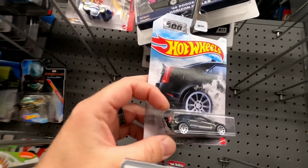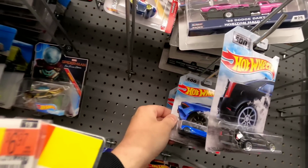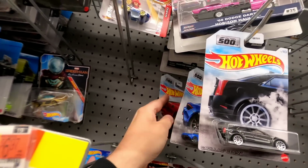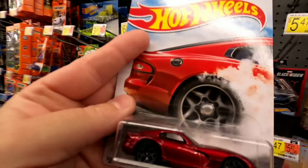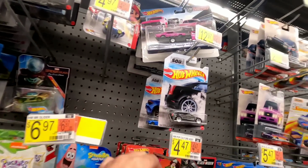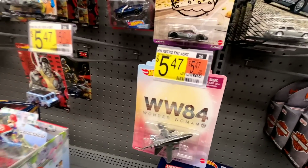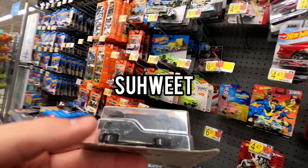Yeah, broken blister on the CTSV. And the thing is nice though. McLaren. And of course the Viper. I'm really surprised this thing can take, oh, I know why it's taken. Blister's cracked on this one too. But man, that paint though, woo, fire. I might take the Viper, but I'm definitely taking the Huracan. I'll set that back up for now. Let's see. Blister is good on this one. Sweet. Card's foobarred, but